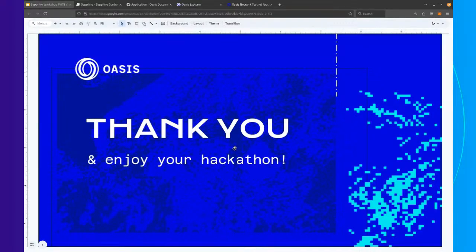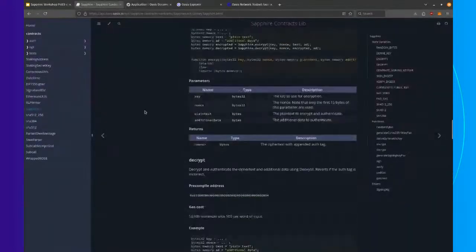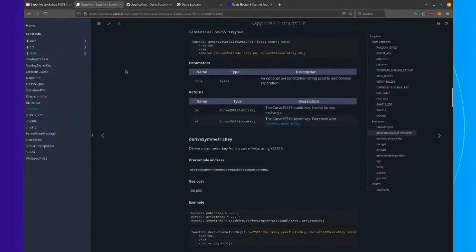So anyway, hopefully that should give you enough information to get you up to speed. We've got a lot of documentation. We have Discord. We also have Telegram, and we're going to be hanging around for the future of this hackathon to give you any assistance you need. So please check out the documentation. So we have the documentation for the contracts. We also have